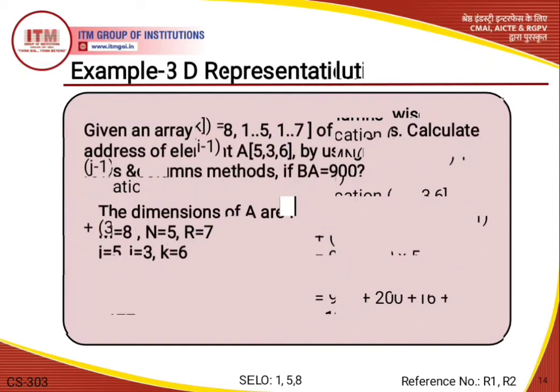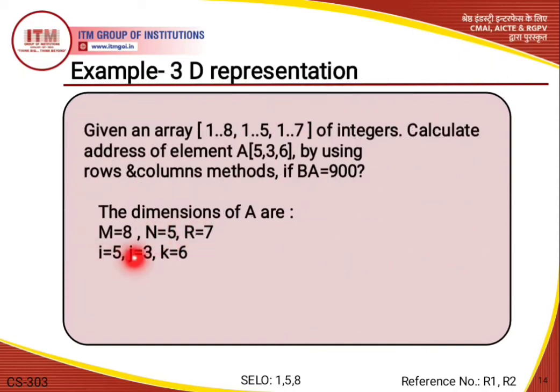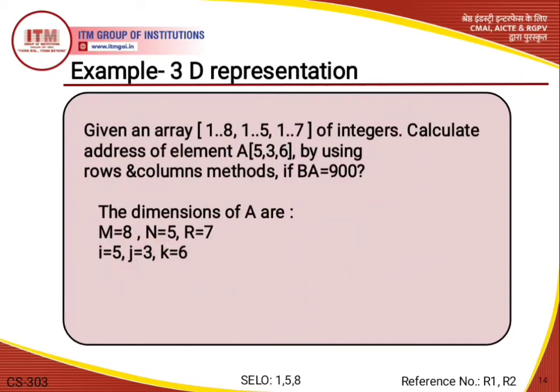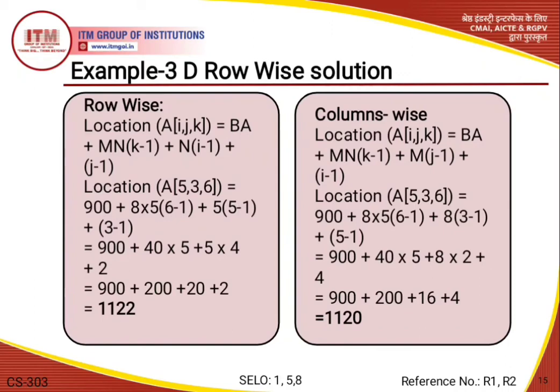The value of N is 5 and I is also 5, so 5 into (5 minus 1), then plus (J minus 1). Here the value of J is 3, so I am putting J as 3 minus 1. Now we calculate the value, and we find the result as 1122, meaning the location of A[i][j][k]